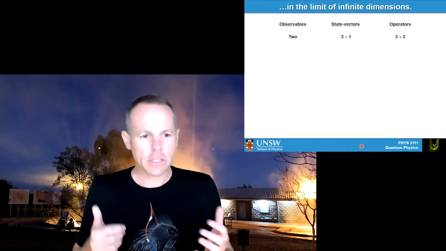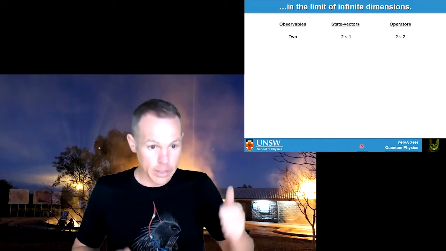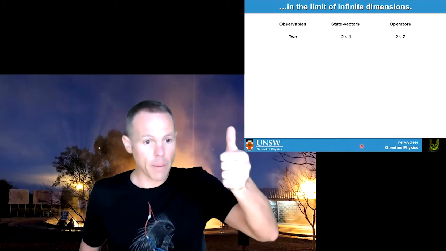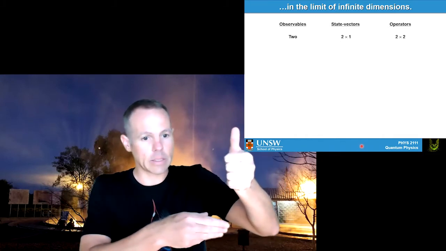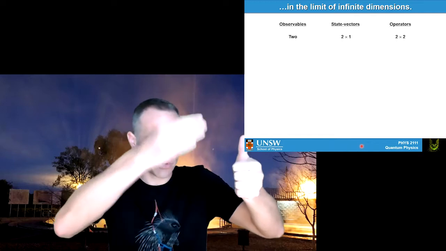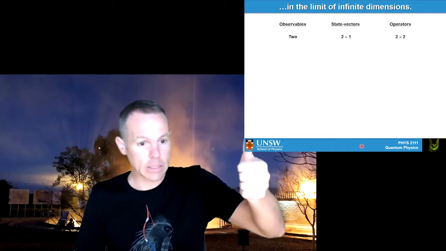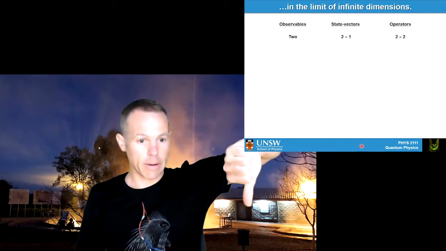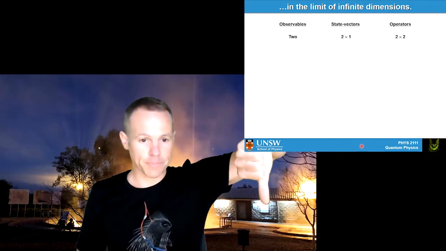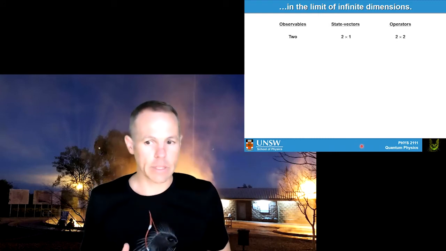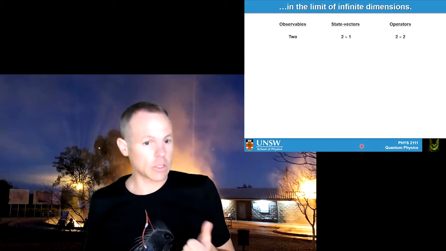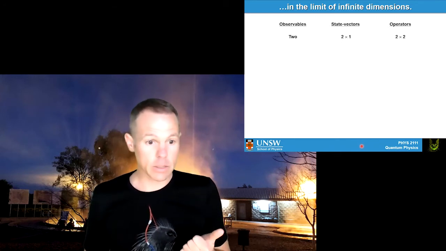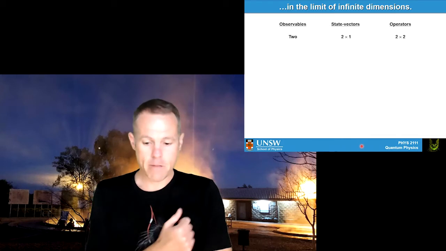So the system we've dealt with most prominently so far has been the electron spin, right? There's two possible observables. So the thing that we would measure in that system would be the component of the angular momentum along the z-axis, with two outcomes. One is spin up, and the other is spin down, right? Plus a half and minus a half. The way we represent that mathematically is we have vectors that describe the state, they're 2 by 1, and we have operators that operate on those vectors that are 2 by 2 matrices, okay?